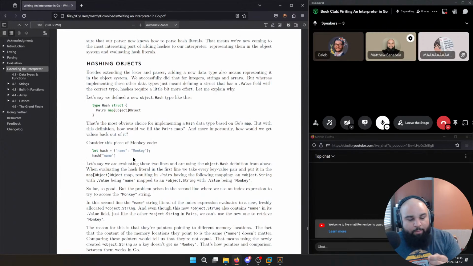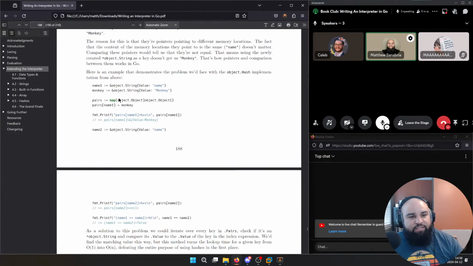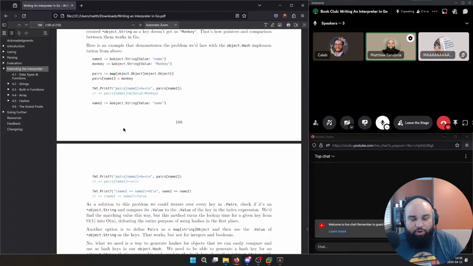So basically what the author's saying here, he gives an example, I think down here. He says if you made one key pair and put it in, and you made another key pair and tried to put it in, you would get a collision essentially. And you wouldn't know how to actually determine whether I meant one key or a different key. I don't know if I explained that well. Let me try it again. Trying to explain this in a way that makes perfect sense clearly.